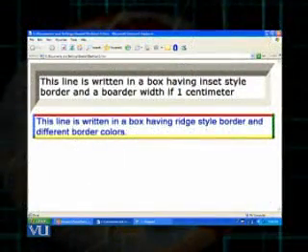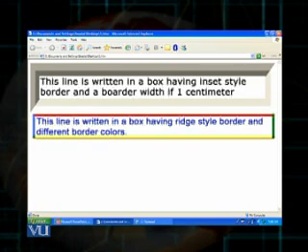In the slide you can see there are again 2 different boxes with different border styles. In the first, this line is written in a box having inset style border and a border width of 1 centimeter. And then after some space there is the second box.